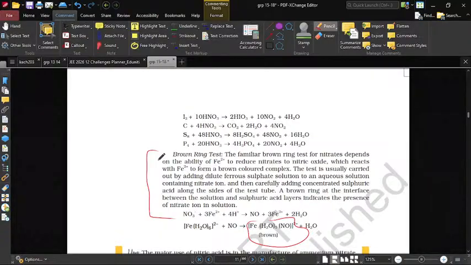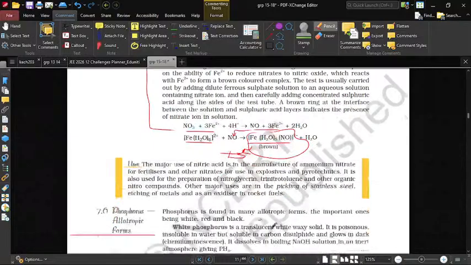The test is usually carried out by adding dilute ferrous sulfate solution to an aqueous solution containing nitrate ions, and then carefully adding concentrated sulfuric acid along the sides of the test tube. A brown ring at the interface between the solution and sulfuric acid layer indicates the presence of nitrate ions in the solution. NO3- plus 3Fe2+ will give NO plus 3Fe3+, फिर Fe(H2O)6 2+ plus NO जो यहाँ पे बना था, इससे बनेगा हमारा Fe(H2O)5NO 2+, क्योंकि यहाँ पे Fe3 इसकी है प्लस 3 में है ना, हाँ प्लस 3।